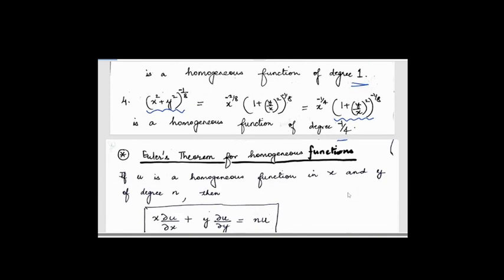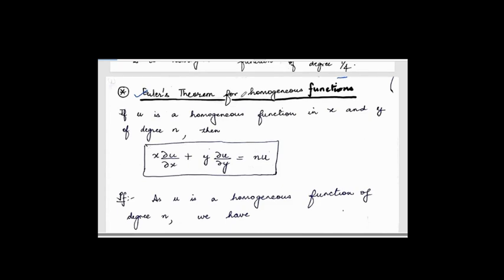Now there's a peculiar result called Euler's theorem for homogeneous functions, which is really important when you discuss certain results pertaining to homogeneous functions. This theorem comes into play and helps you prove a lot of identities in reference to such functions. So let's quickly have a look at it. It's a very easy result. Suppose there is a homogeneous function u in x and y of degree n. That means u looks like x to the power n into a function of y by x. Then it satisfies a result concerning its partial derivatives.